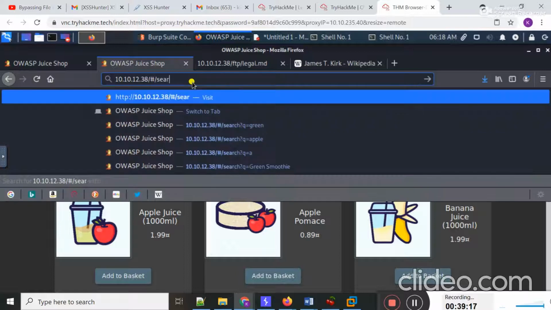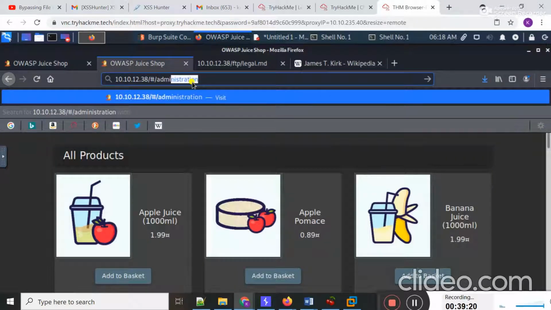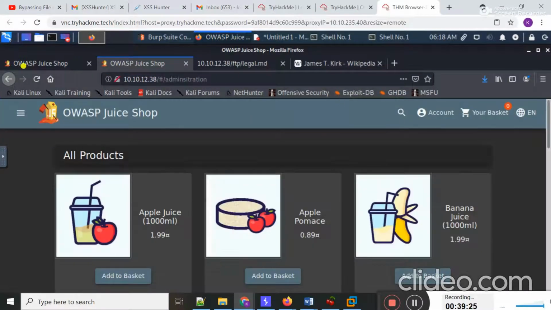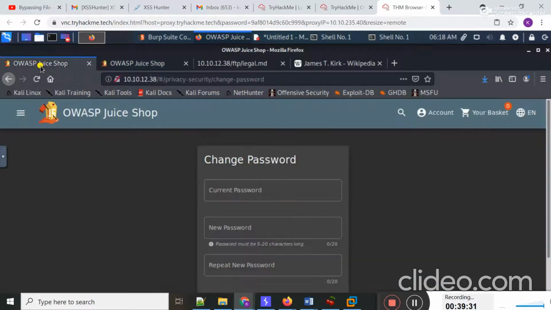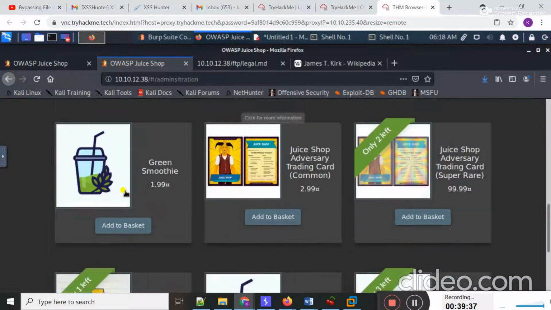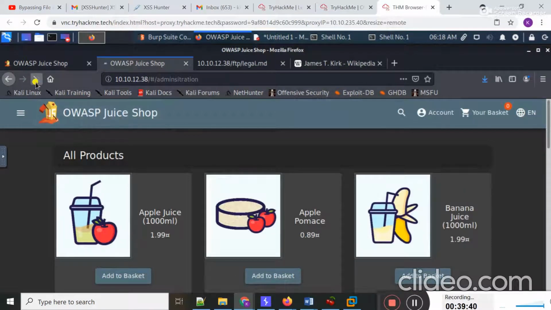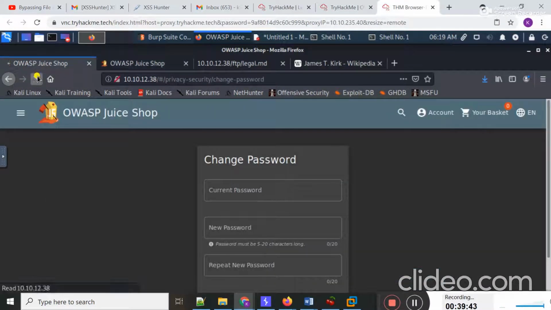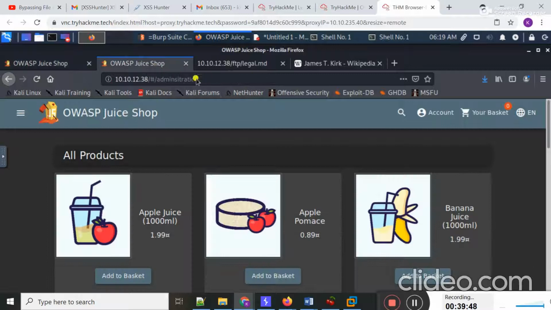Now in place of search, if I type here administration, in this way you can actually find the administration flag.